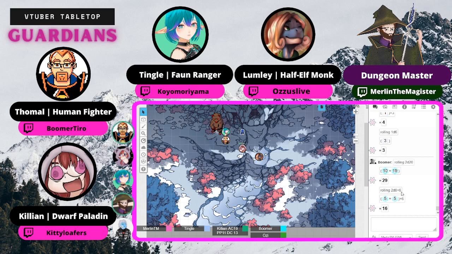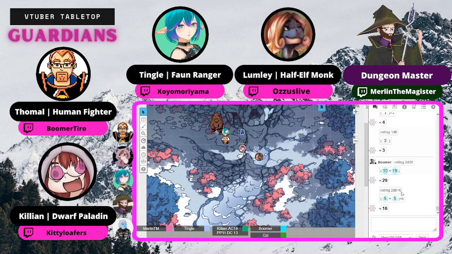16 damage. Ooh. Pretty snazzy. Like a whirlwind of steel, you slice into this bear, creating all sorts of wounds on its body, and the bear is officially bloodied. Everybody, not looking great. Nice. Is that all you're doing on your turn? That'll be your action and bonus action. Yeah, that's all I got.